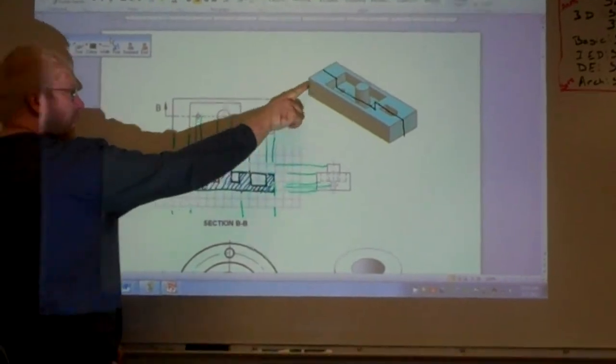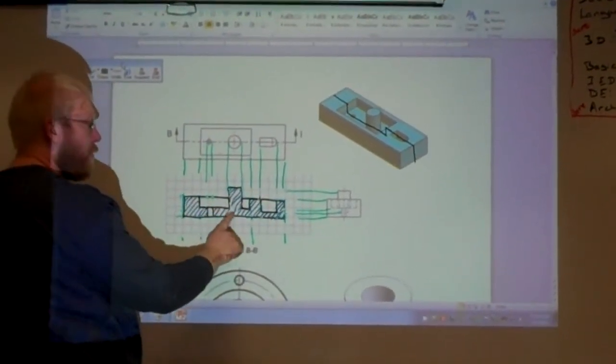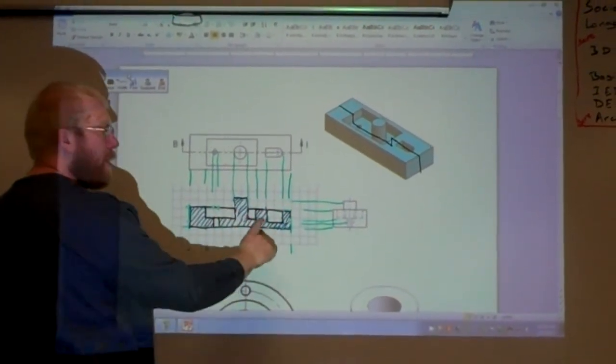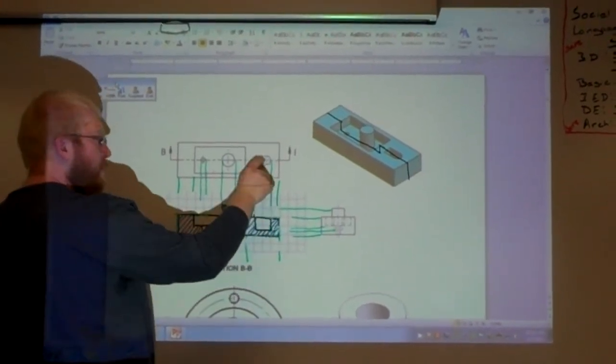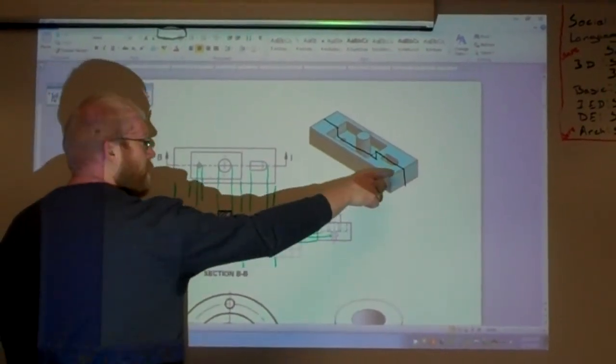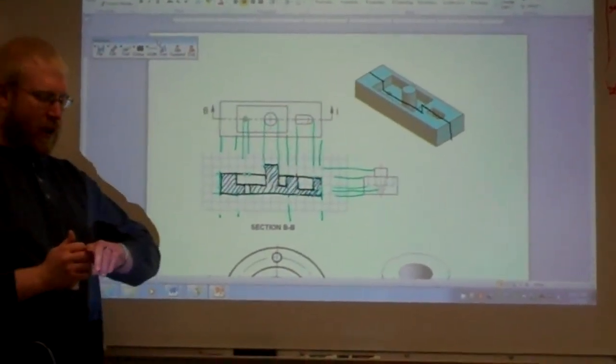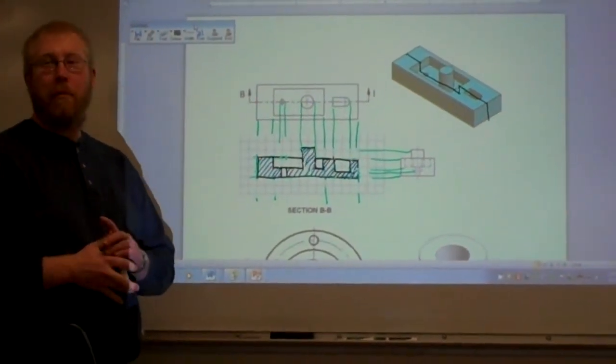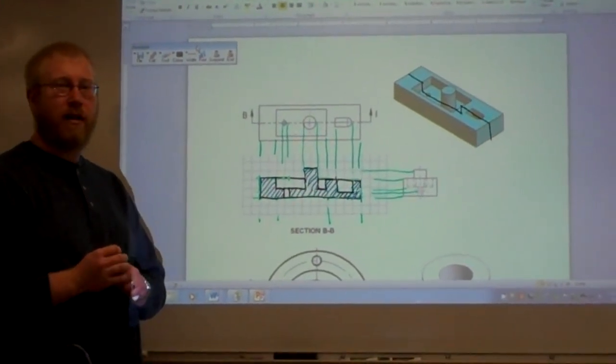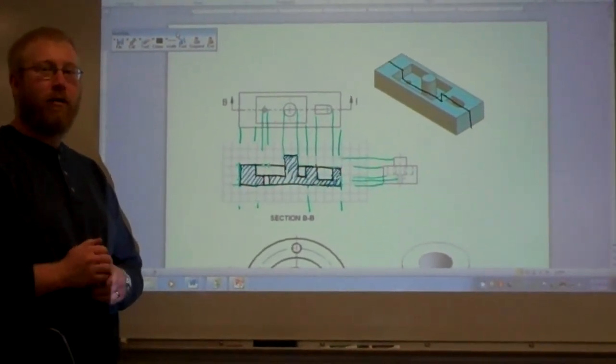We cut through this side of it. There's the hole we don't cut through. We cut through that in the peg. Then we don't cut through that groove, which is right here. And we cut all the way through this material over here. Questions on how I section that? Making a little more sense than it did before I demonstrated, hopefully. Okay, you can go ahead and